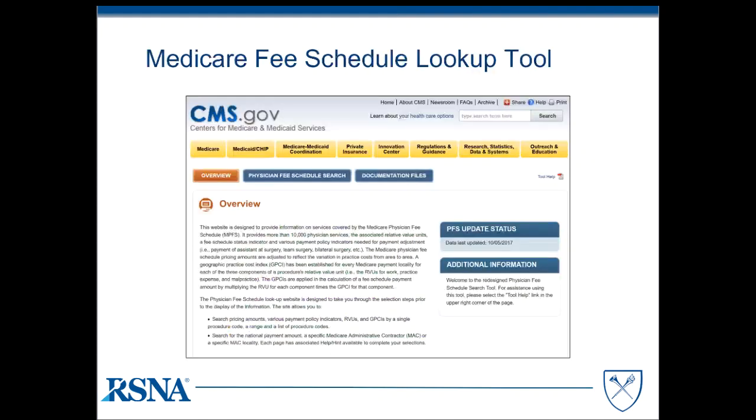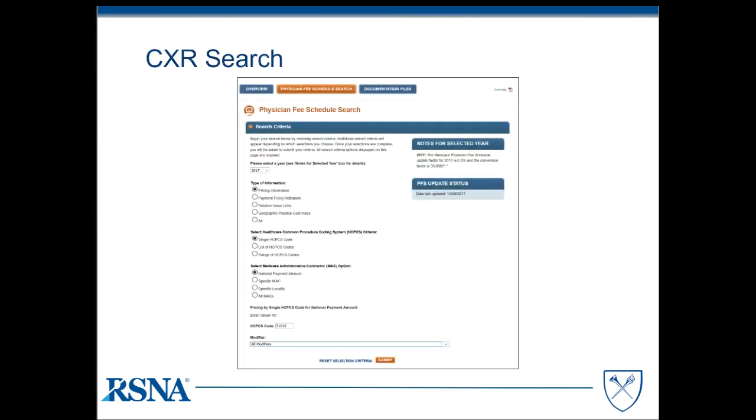Click the relevant link. And it will then take you to this page. There, you'll click the link for the Physician Fee Schedule Search radio button. And then you'll have to agree to a few nag screen things, but here's what you'll see. At this point, we'll pick the year that we want, in this case 2017, because that's when I'm recording this